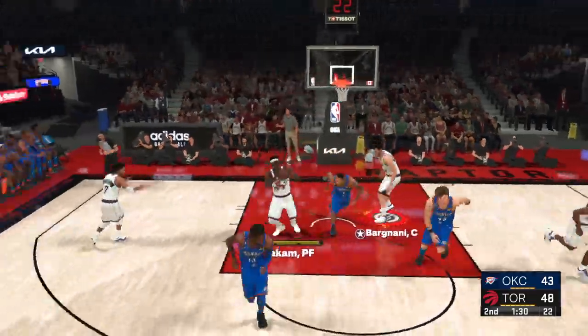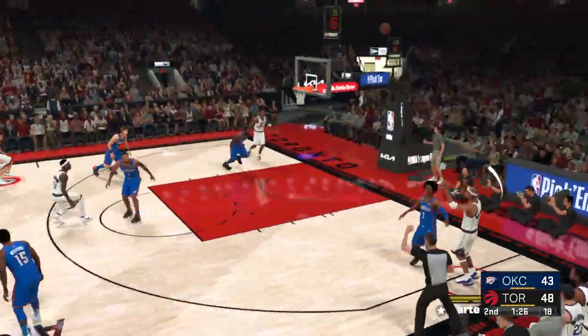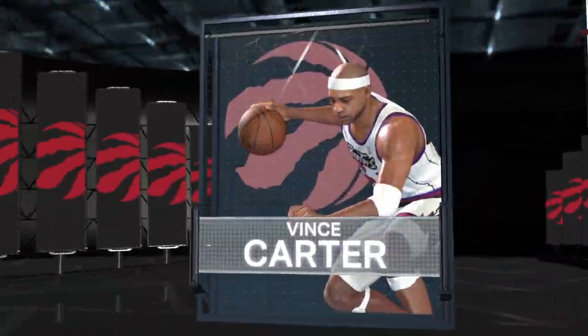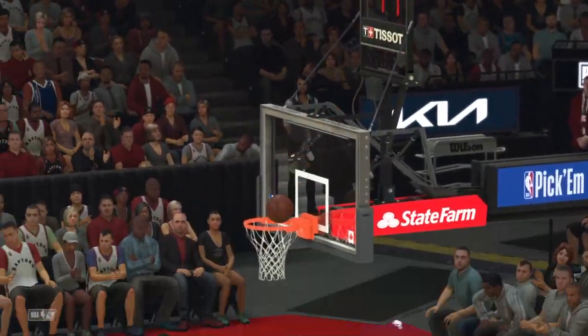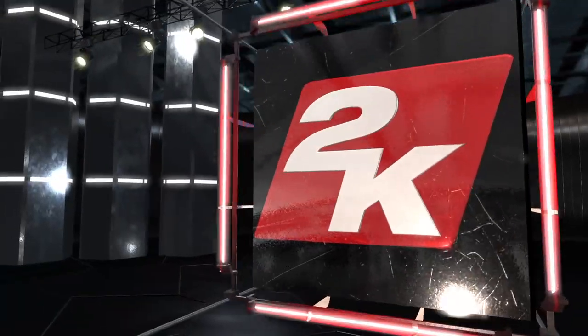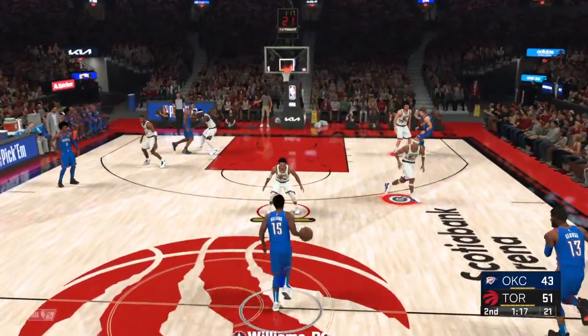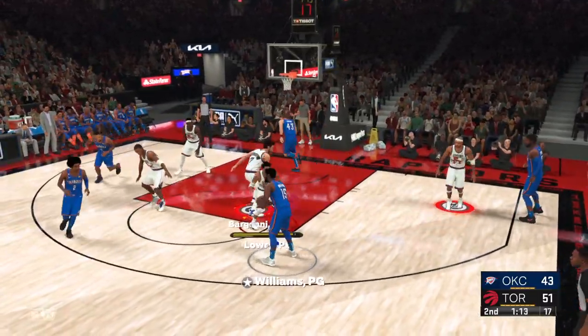Here's George. Bargnani grabs the board. Toronto leading by 5, and Carter has it in the corner. Drains it from beyond the arc. Carter's got 9 points in the quarter. Just playing with poise and confidence, and they continue to put points on the board. And it's because they're not playing in a rush. They're just letting their shots come naturally within the flow of the offense. And here is Williams. Vince Carter getting it to go from deep.